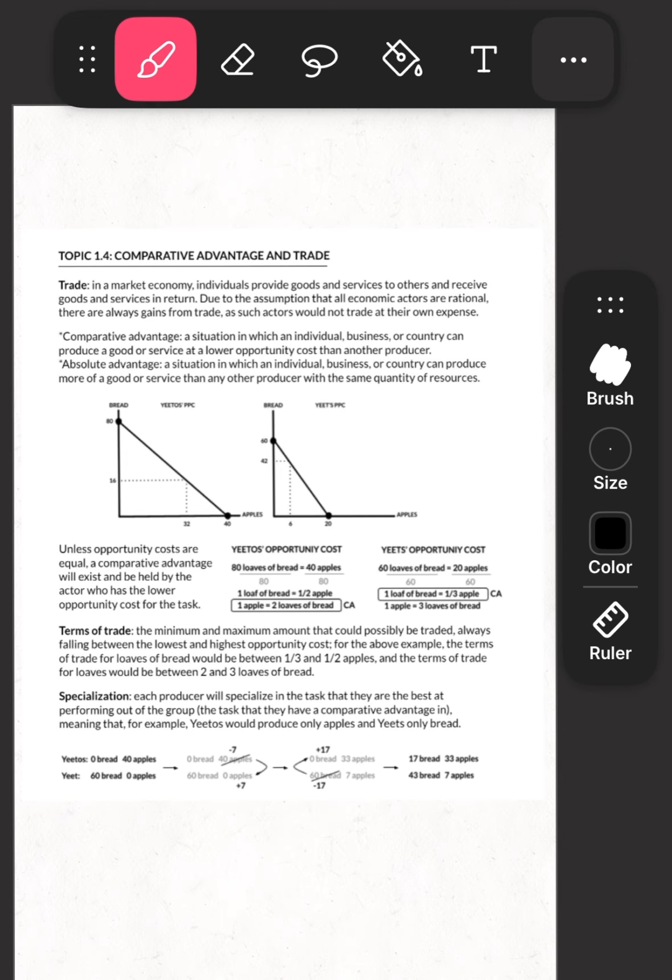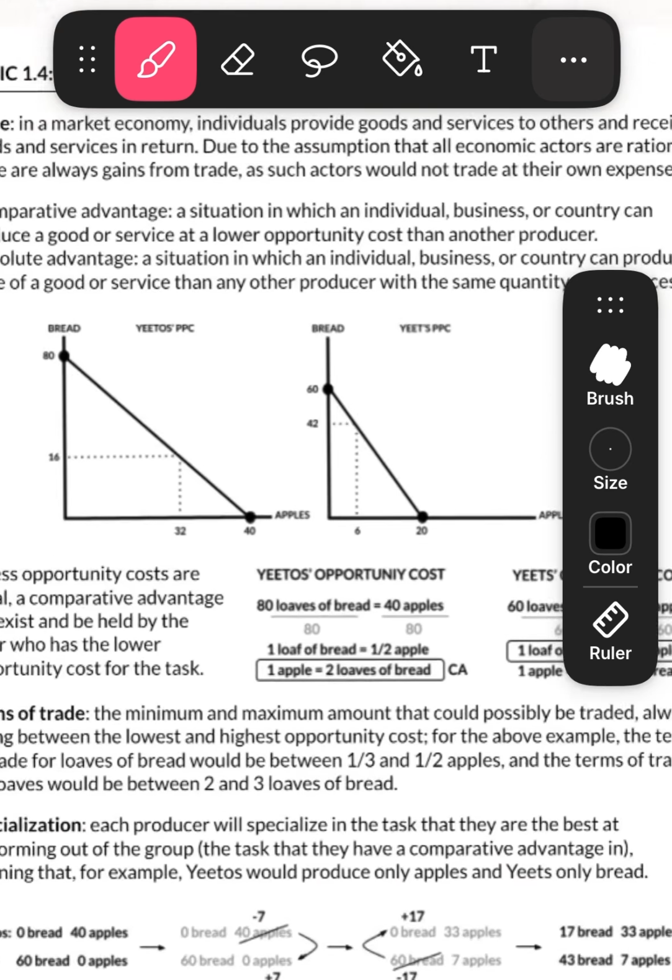And this is true because in microeconomics, we always assume that economic actors act rationally. So they're not going to do something that is at their own cost, and therefore, they're not going to do a trade that hurts them. They're only going to do trades that benefit them. And because of that, and a trade that does not benefit them will not occur, there are always gains from trades in microeconomics, even in a situation like below, where Yidos has